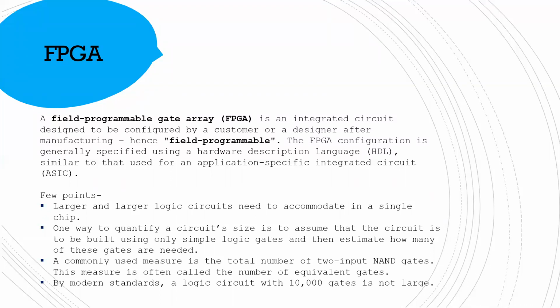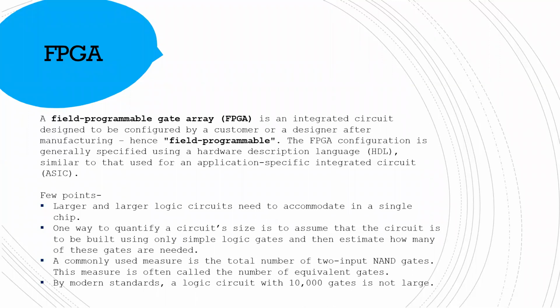That means while manufacturing, the people who make these do not know in which way the IC will be used. You can buy an IC and bring it to your field, that means work field. Let's say in a factory. You take the IC to the factory, according to your need, you make the design on the software, upload the design in your hardware, and use the hardware in your circuit. So you can actually make your device in the field. That's why it is called field programmable gate array.